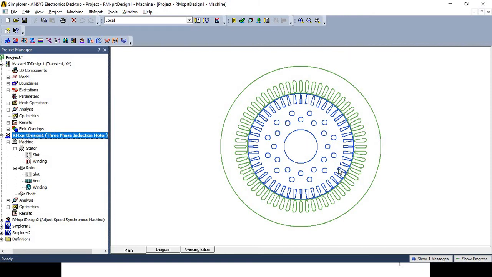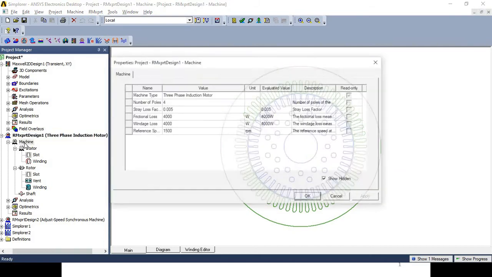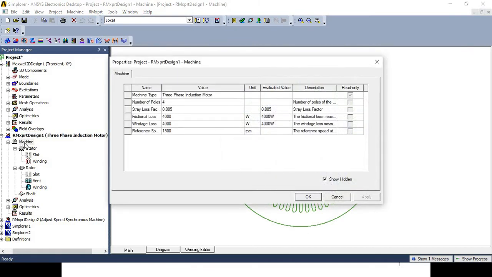Then you will provide the input, because according to the design input which you have provided, the geometry will be available on the right hand side. So this is the geometry. Now this design consists of different subparts, like design of the stator, design of the rotor, design of the shaft, etc. Now when you double click on the machine, you will get the general details of the machine,